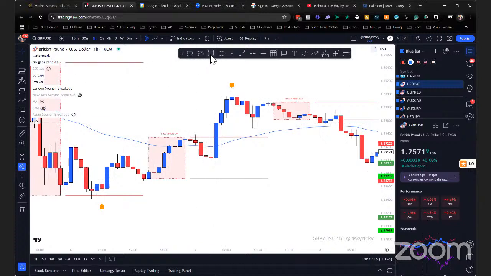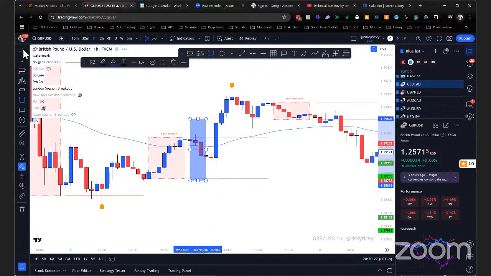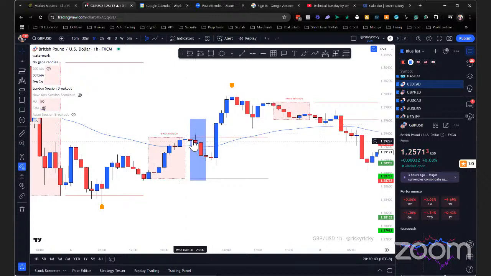Now for this strategy here, for London session breakout, what I recommend, and take note of this, is the first 4 hours right here, 1, 2, 3, 4, is the ones that you should be focused on for the London session. Not these other candles. This is the 5th candle, the 6th candle. You're not focused on these. You're only focused on the first 4. If the first 4 break out during the London session, then that's where you can enter in on this session here.